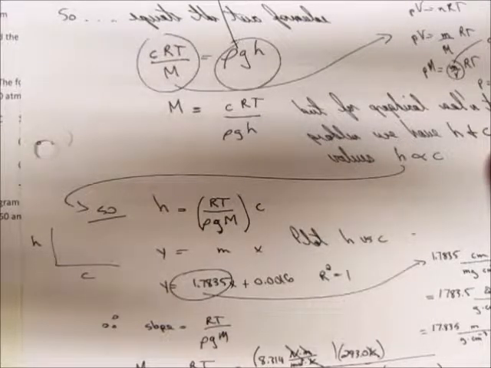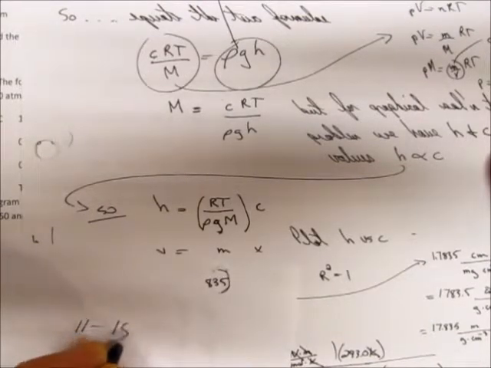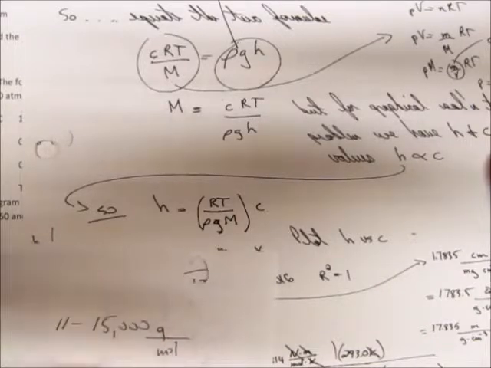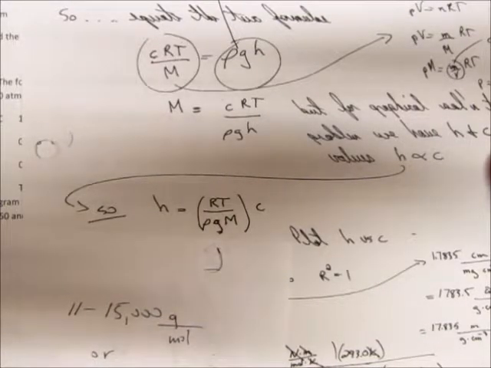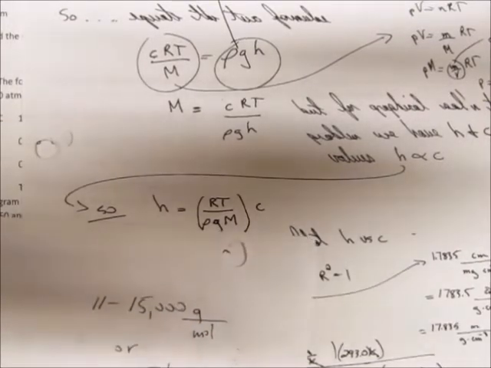There's a whole sort of rat's nest of units for you to take care of. I can tell you that your answer could be something like somewhere between 11 and 15,000 grams per mole, or could be 11 to 15 kilograms per mole. If you choose grams or kilograms, that's kind of your answer, somewhere in that range when you do this one right. So that's number